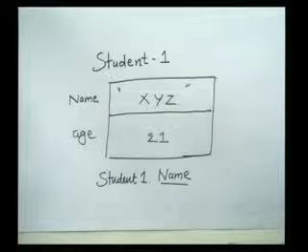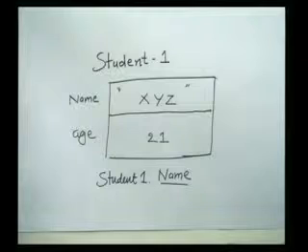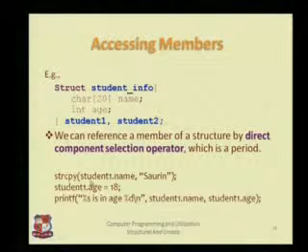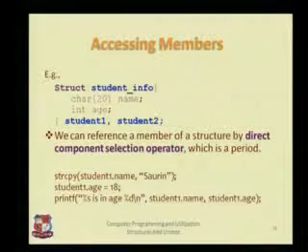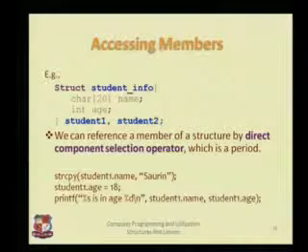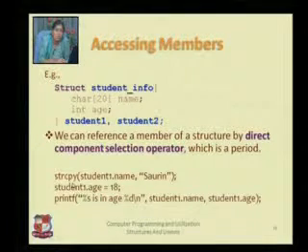One dot name, and then you can give it a value. If we want to consider age, we need to write student one dot age. So here I am giving the value with strcpy: strcpy student one dot name comma Sovereign. We cannot directly give the value whenever it's a string. We need to use the string copy function. That's why I have used the string copy function.